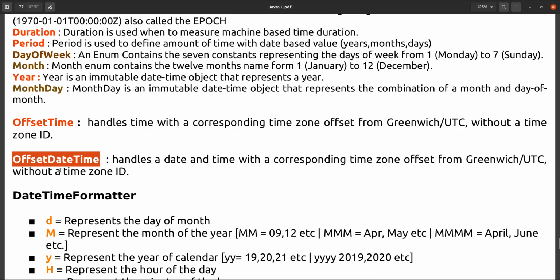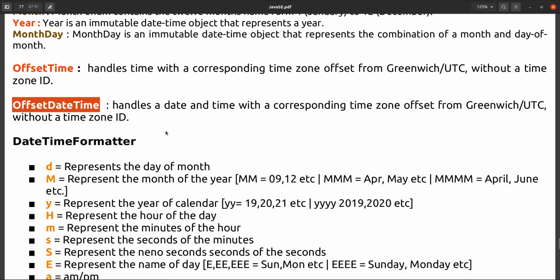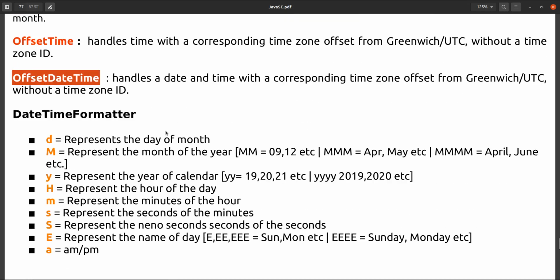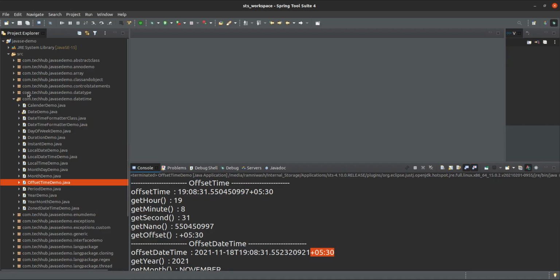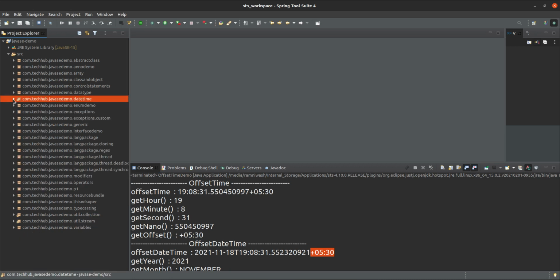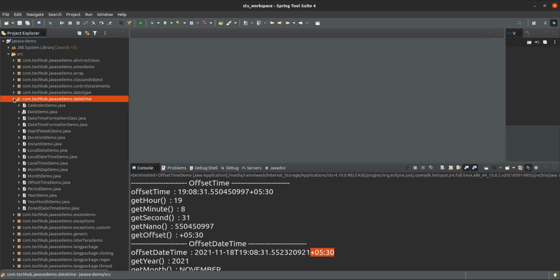Okay, next one is date time formatter. So far we have seen the date and time only, but now we will format this date and time.